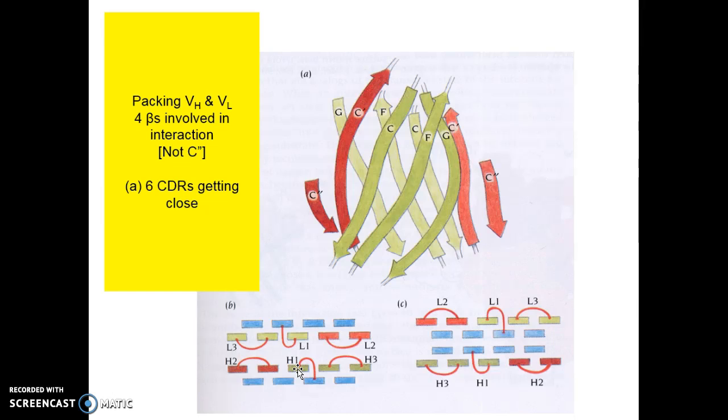Furthermore, the relative orientation of beta strands in the two domains is closer to parallel than in the constant domains. Only 4 of the beta strands are involved in packing the variable domains against each other. The strand C2' is not involved. The diagram in C illustrates a hypothetical packing of the variable domains through their